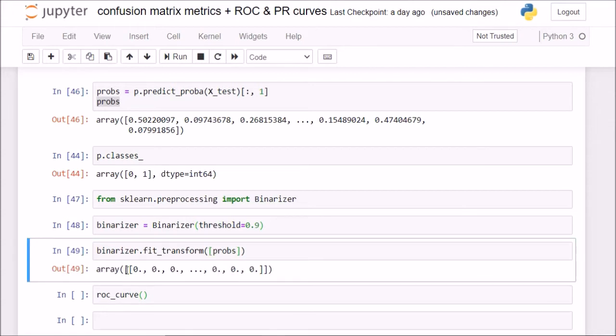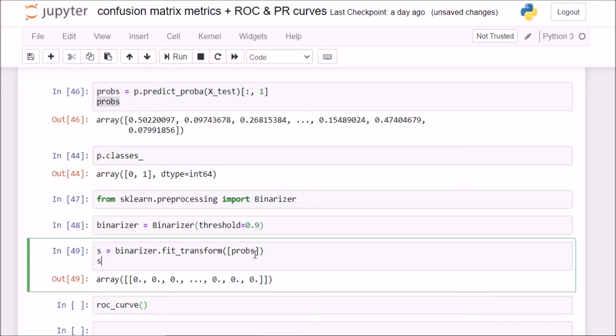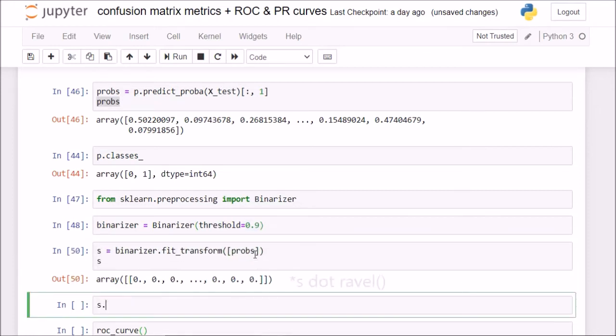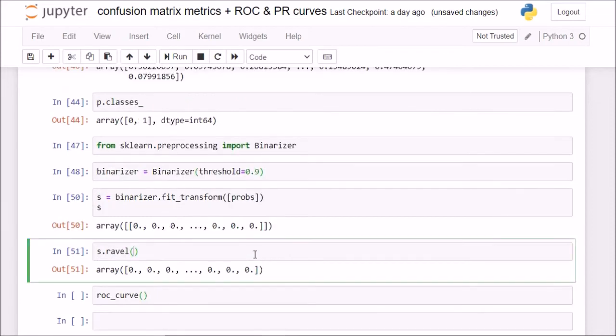Now these are my predicted results for the threshold value of 0.9. If I save this result in a variable called s, I'll do an np.ravel here to convert it into a 1D array, and I'll say np.unique(s.ravel(), return_counts=True).